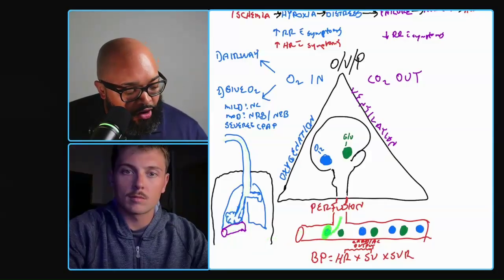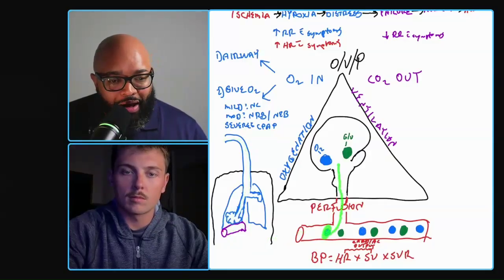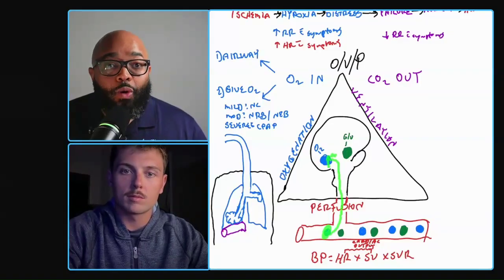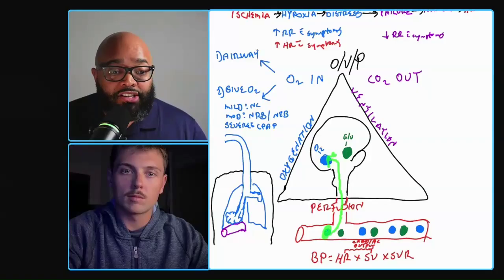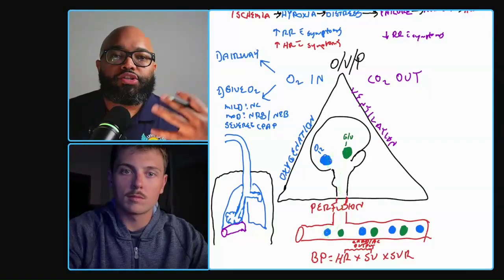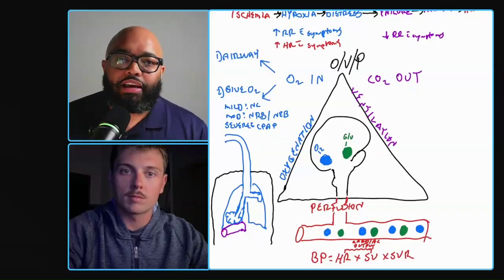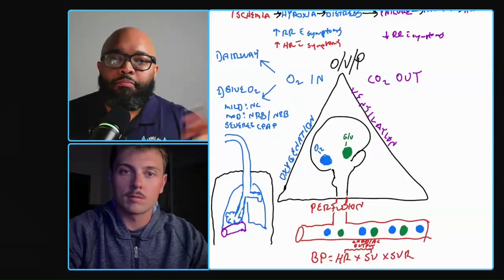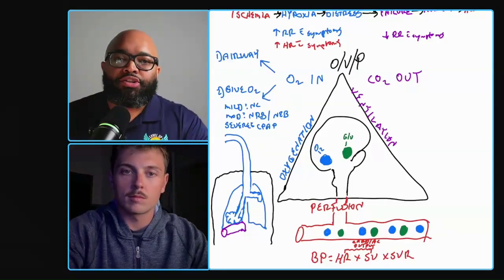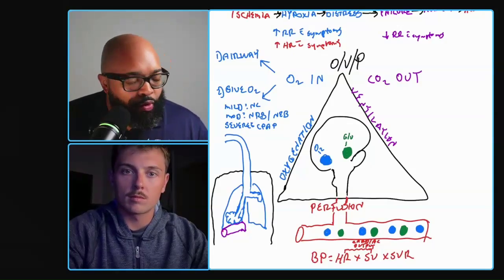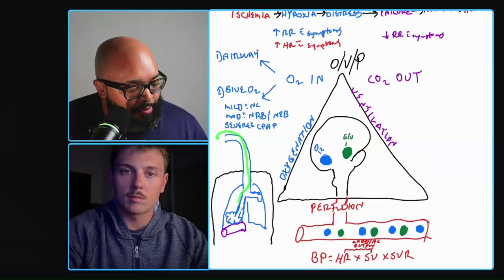This oxygen can now go to the most important organ in the whole body, the brain. There's our oxygen in the brain. Now, what happens if I don't have enough oxygen going into the brain? What are some reasons that oxygen would not go into the brain? Well, watch this. Let's look at it from the picture. Let's not memorize anything. Let's let the picture give us all the answers. Watch this. What are some reasons that oxygen would not make it through?